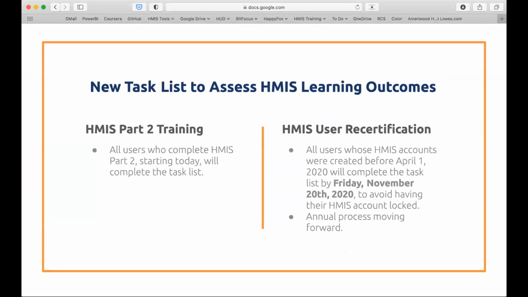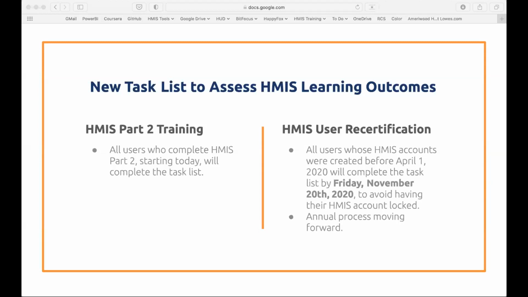All right. Over the years, we've heard from agency administrators that a more interactive way to test new HMIS users' knowledge of HMIS would be helpful, in addition to the HMIS training process of the Part 1 and Part 2 trainings. So in response, we've created a task list that guides users through creating client profiles, enrollments, assessments, and other HMIS functionality on the training site.